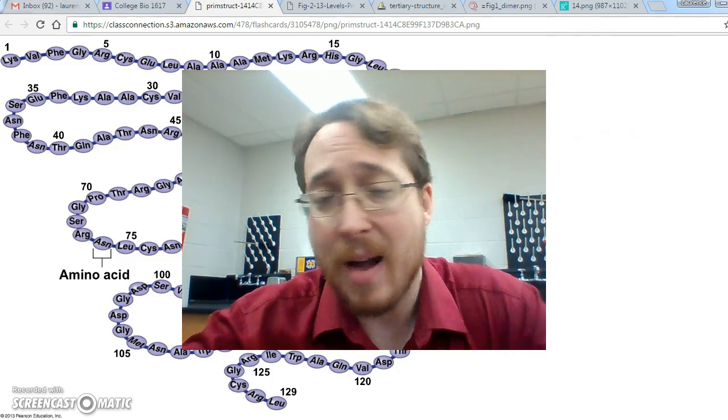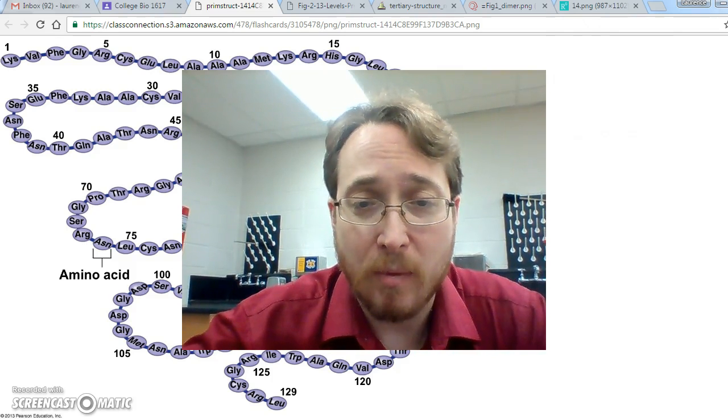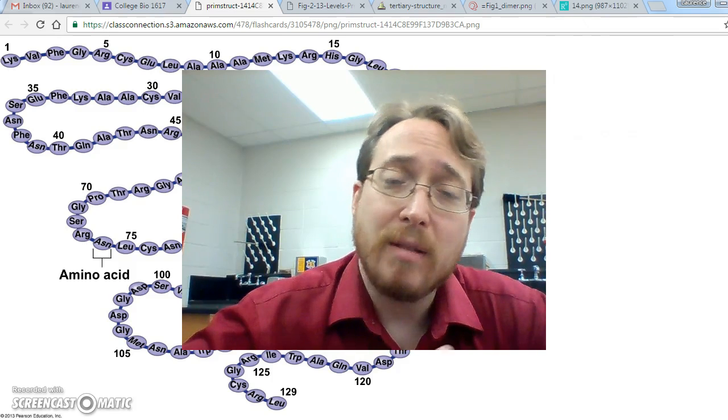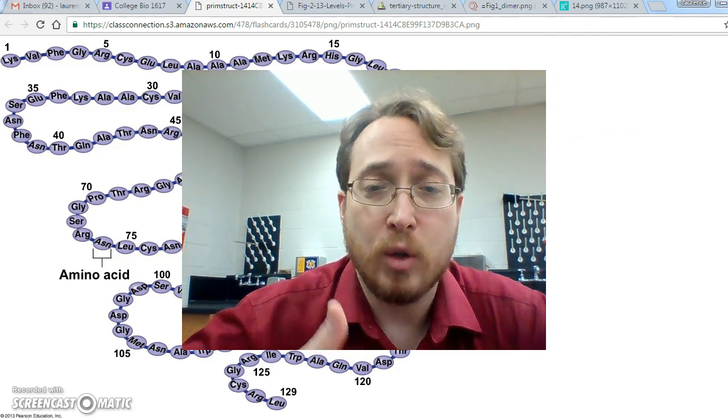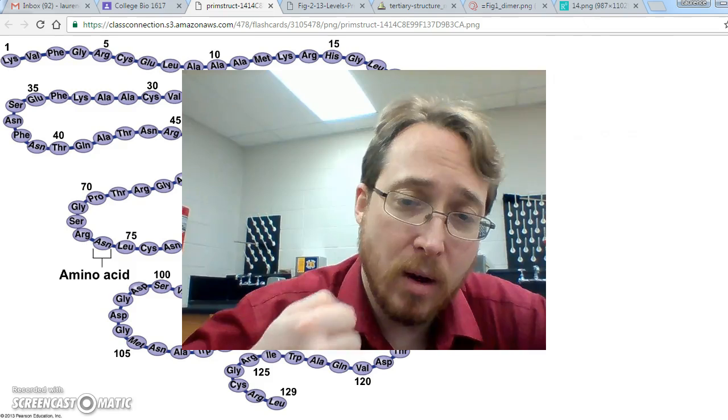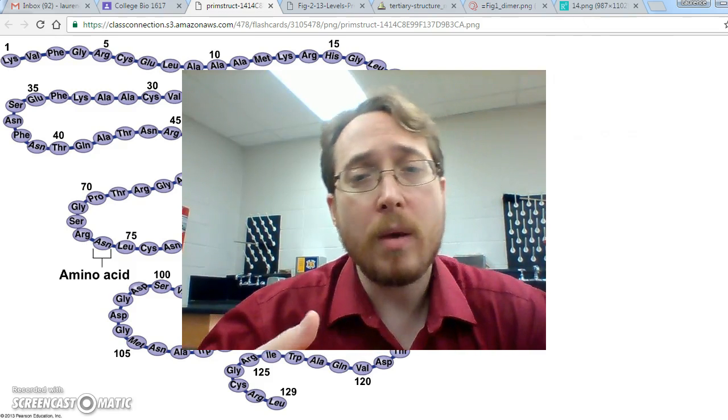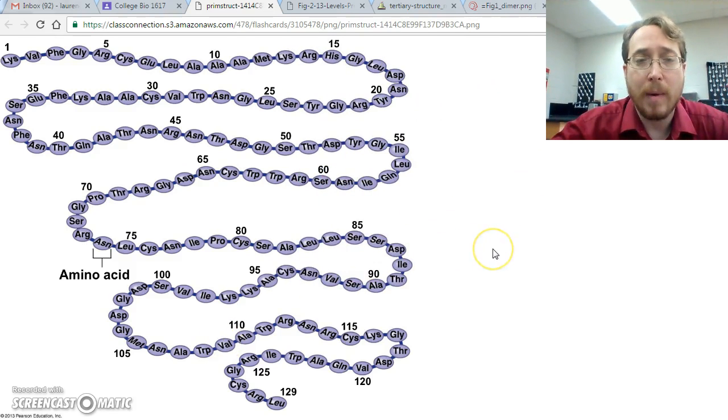And the polypeptide is not the end of the story. You don't just make a polypeptide and there you have a protein. That polypeptide has to fold into specific shapes. The jobs that proteins have depend on their shapes. So that polypeptide has to fold itself into a specific shape for the cell to have the protein that it needs. So there are 4 stages of this folding process, and the first is called the primary structure of the